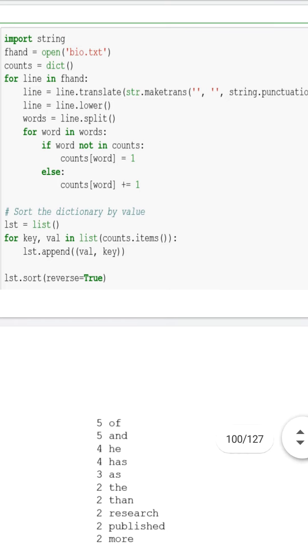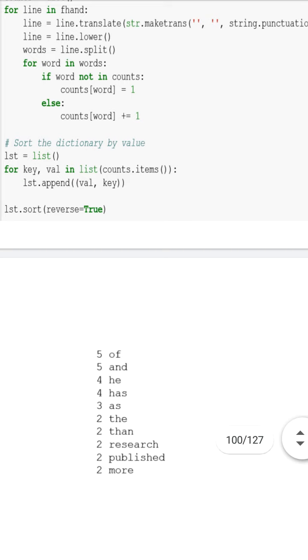So I am calling the items built-in function on the dictionary counts to convert the dictionary elements into a list of tuples. In each iteration, I am reading key and value and appending an element to the list. While appending, I am first appending the value, then the key.